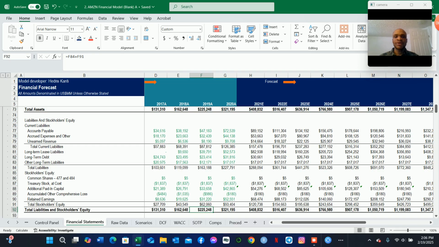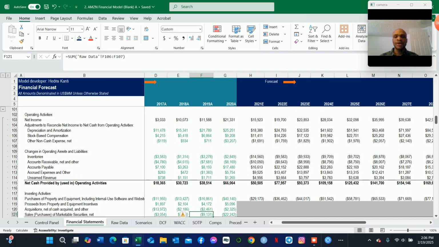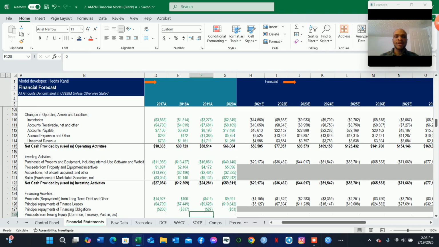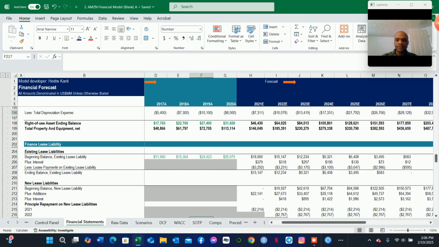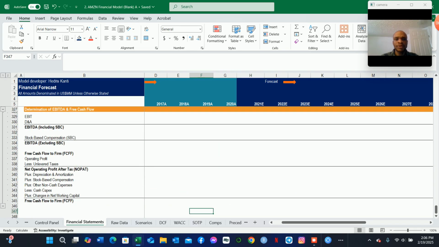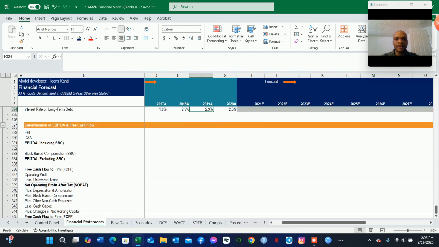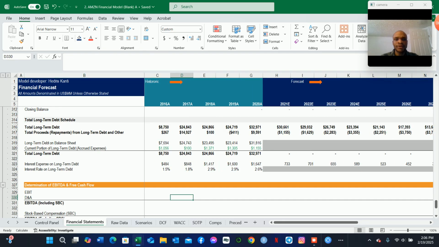As you can see, we have done everything perfectly. We are relatively happy with whatever we have done so far. So now we can move on to performing discounted cash flow analysis based on whatever we have done so far. So to begin, we will bring in